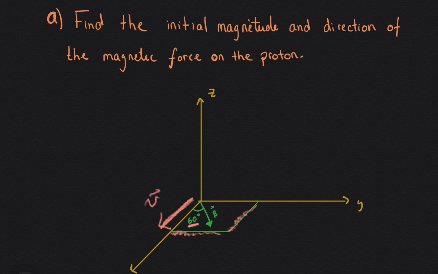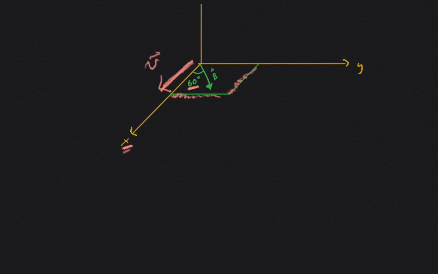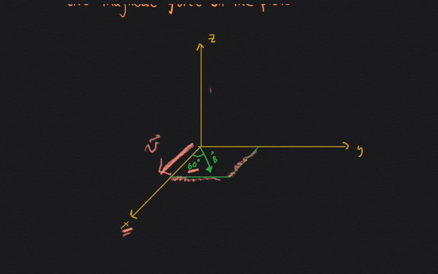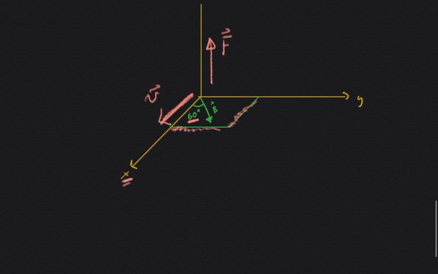And in doing so, your thumb will be pointing in the positive z-axis, which is our force. Okay, so here we have our three components for the right-hand rule: velocity, applied magnetic field, and exerted force. So let's plug in